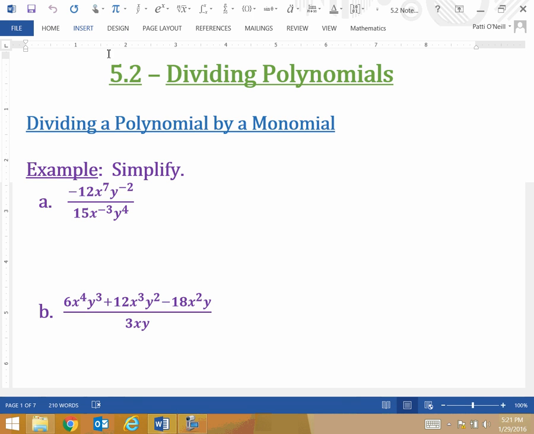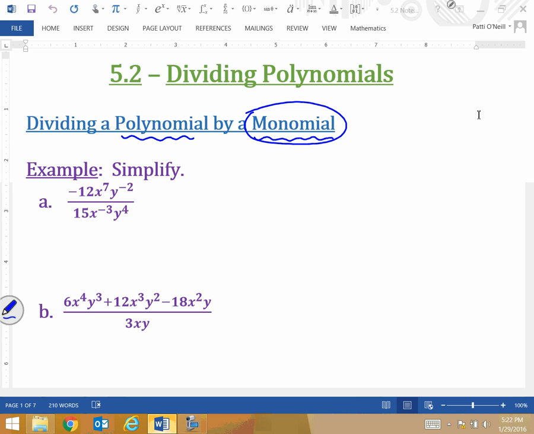Hi everyone, this is the section 5.2 video called Dividing Polynomials, and in this section we're going to learn a couple different ways to look at division with polynomials. The first way that we're going to attack things is when we have the situation of a polynomial being divided by a monomial. So remember, a monomial is a one-termed polynomial, so it can be something like we saw